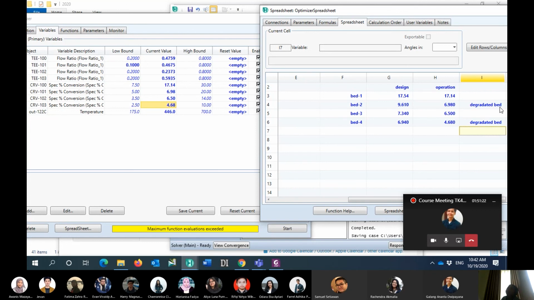Because the active site is agglomerated, not dispersed anymore, the performance will be reduced. So there are many reasons for this. Poisoning of the catalyst also can be the reason.